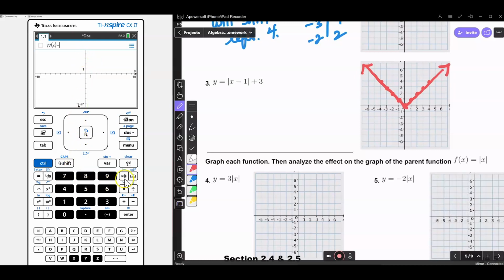And I'm going to type in absolute value of x - 1 + 3. Enter. Go to menu, table, split screen, and you notice that it did go up 3 units and it went to the right 1 unit. And what I'm going to do is I'm just going to go to -2,